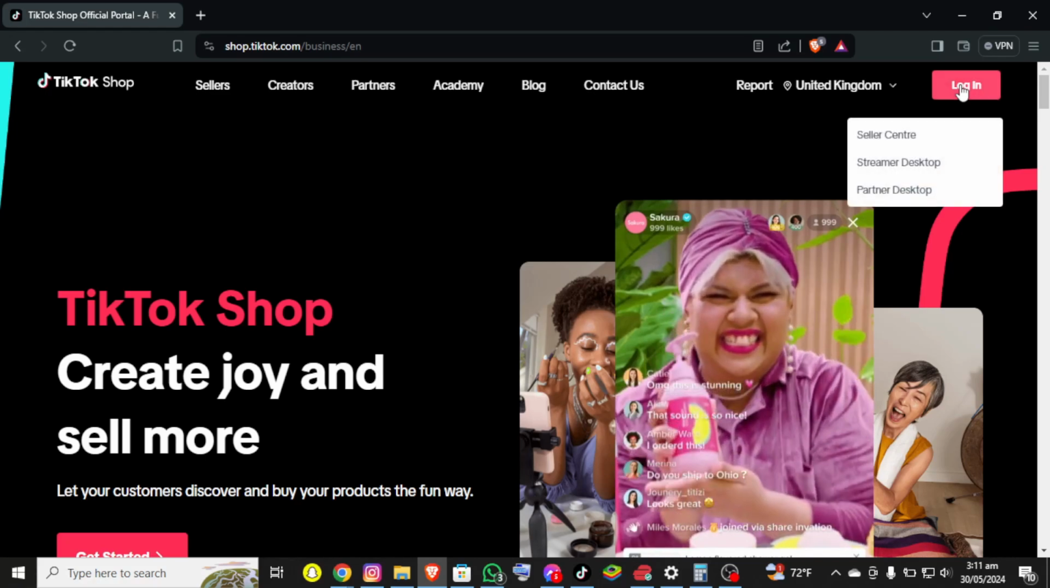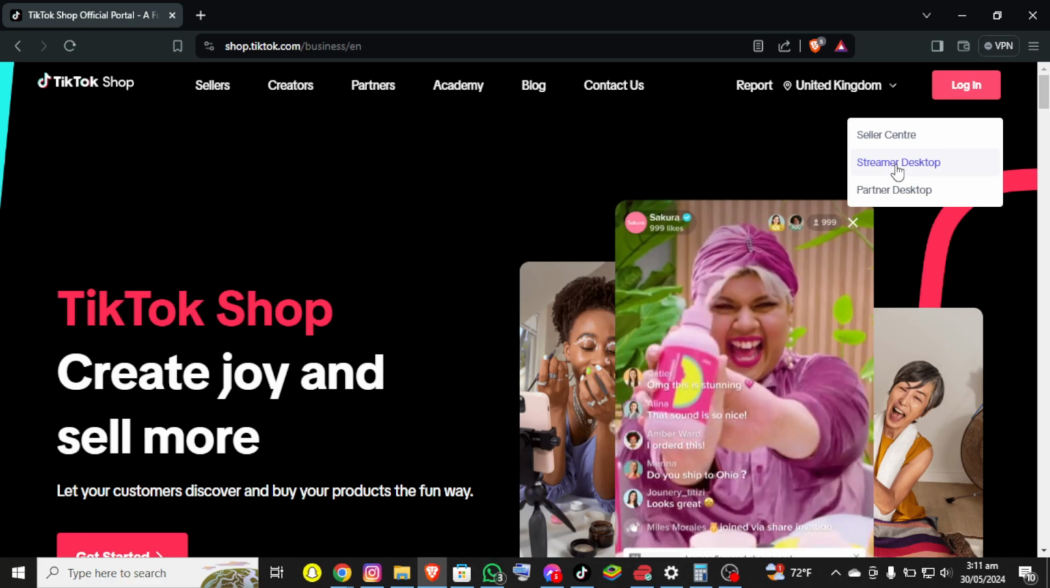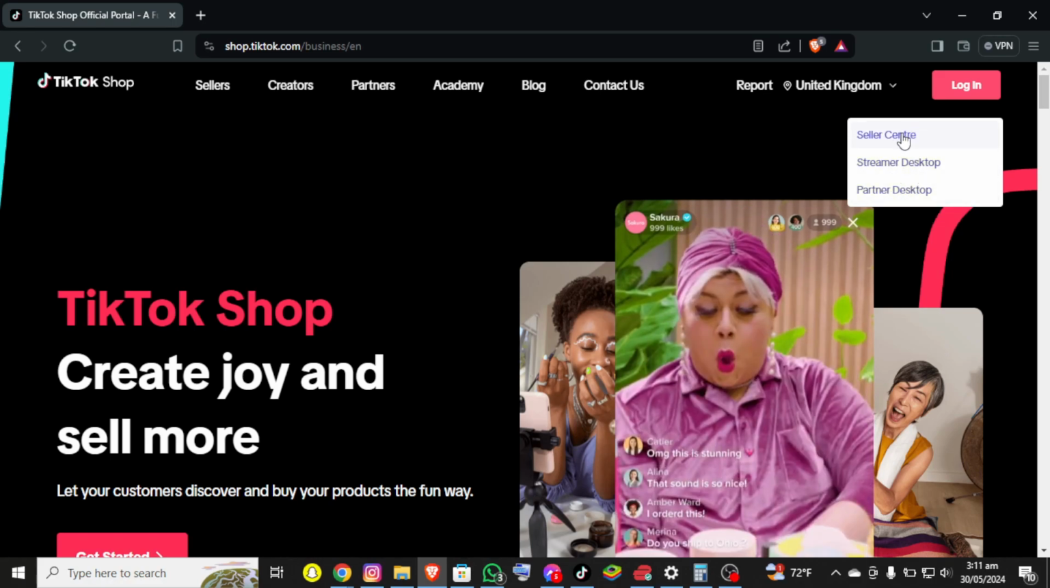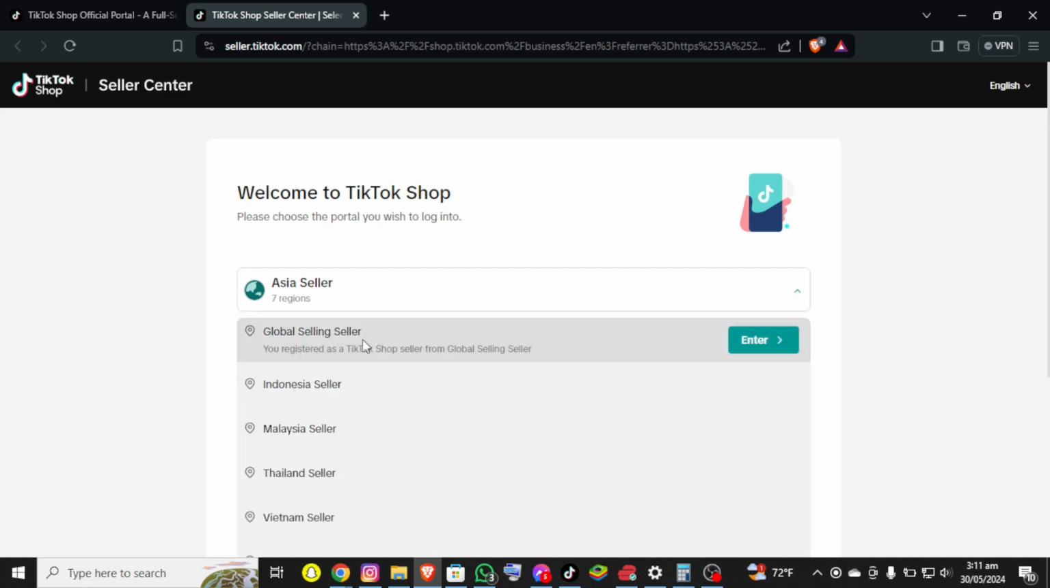Just click over there and now you can see three options. First one is Seller Center, another is Streamer Desktop, and last one is Partner Desktop. So you simply need to click on Seller Center and now you'll be redirected to another page where you need to simply select your region. So now let's click on enter,